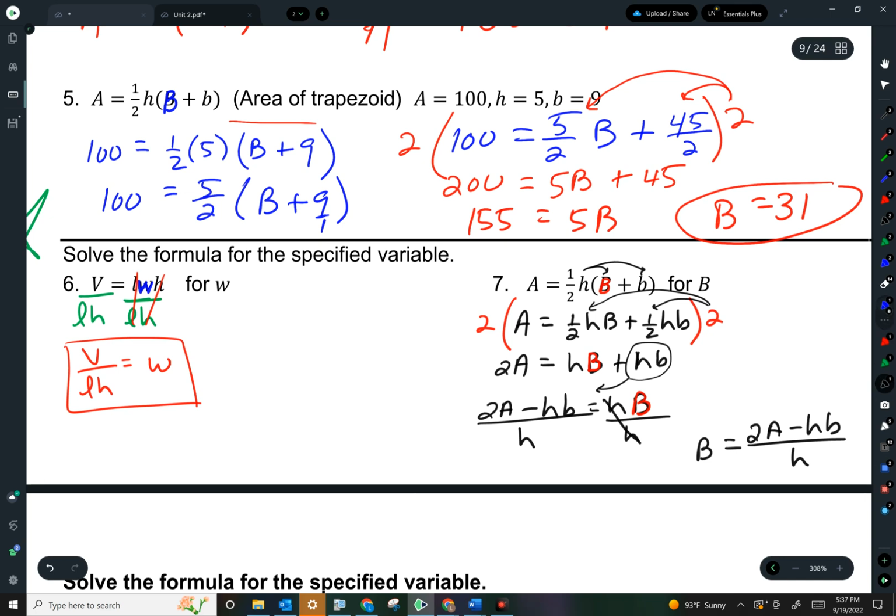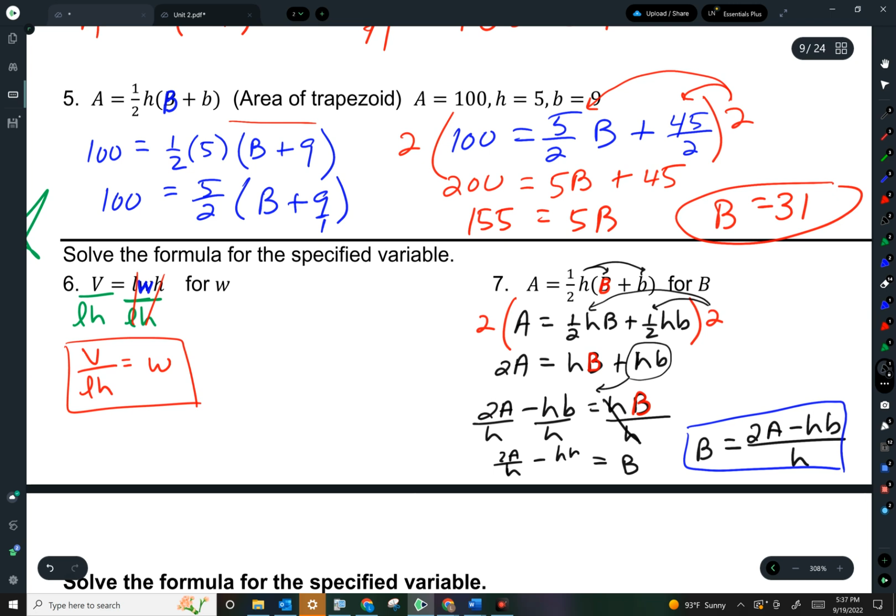Now, after you write that down, I'll mention something to you. On that last step, some people might say, whenever they divide by H, well, why do you divide this whole thing? Why don't you do them separately? And what I would say is it's the same thing. If I think of this as dividing every single term by H, then what I end up with is B equals 2a over H